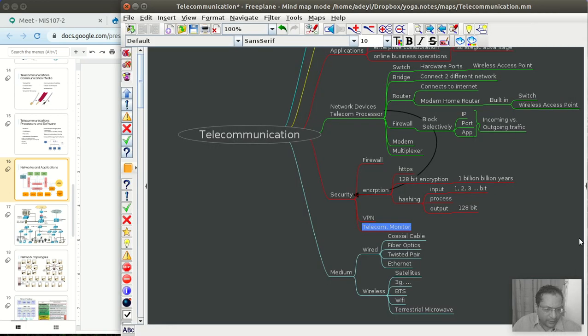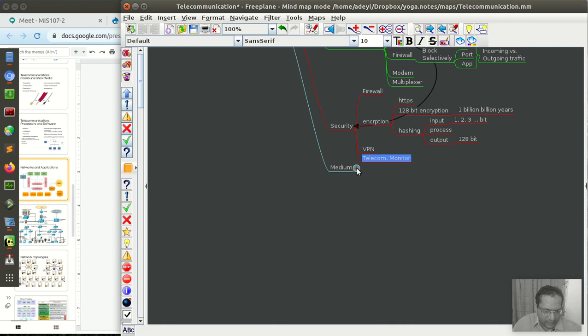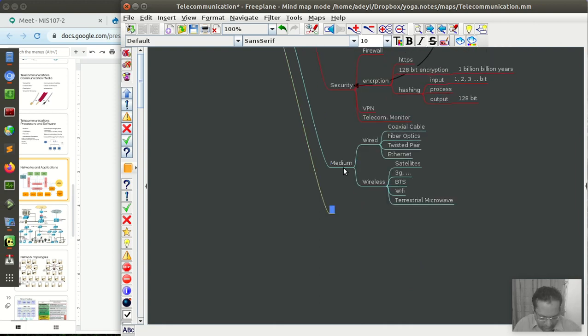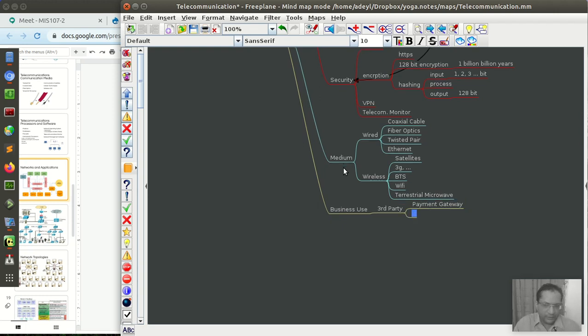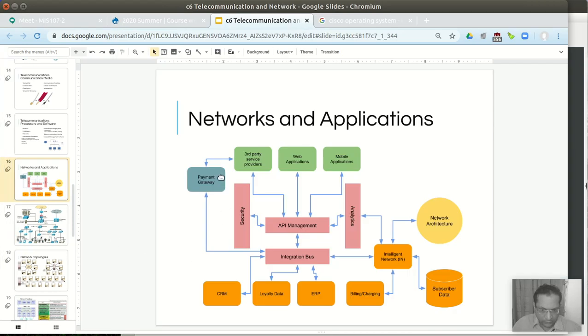Let's consider some business use. So within the third party we have a payment gateway, and they are connected, of course.